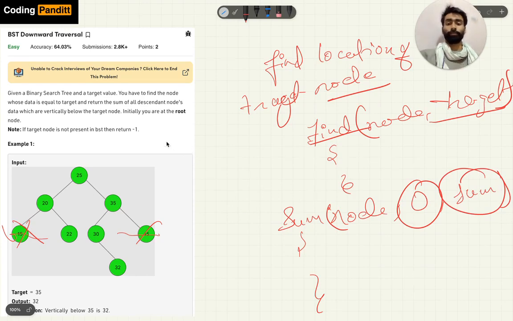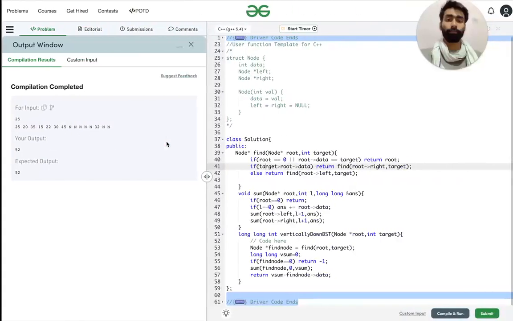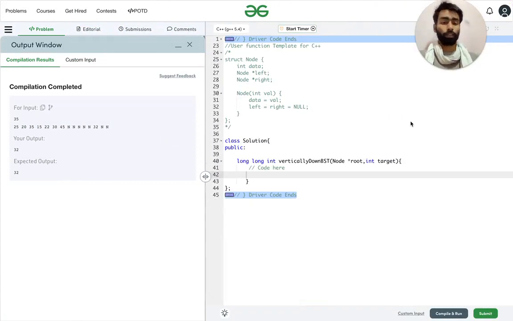So let's go and find out the location of the root. We will do that with the help of a method we will name find, and we will pass the root itself and the target to be found, and we will store the result in a variable of type node.